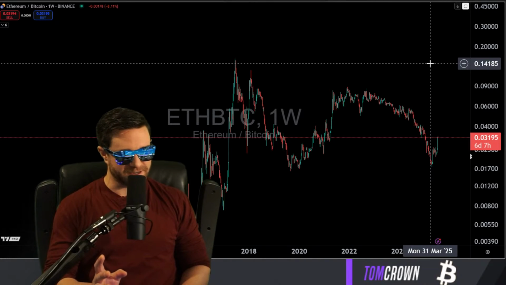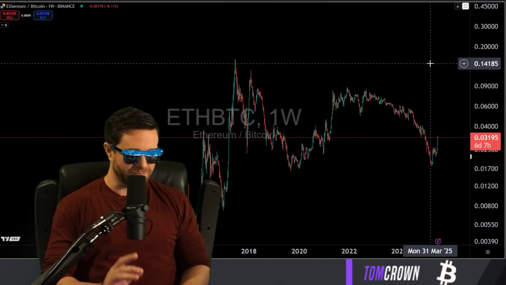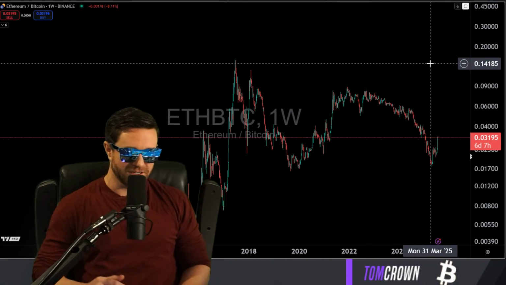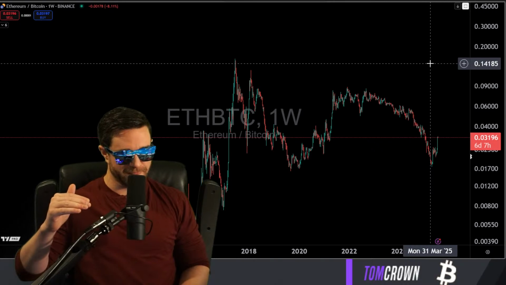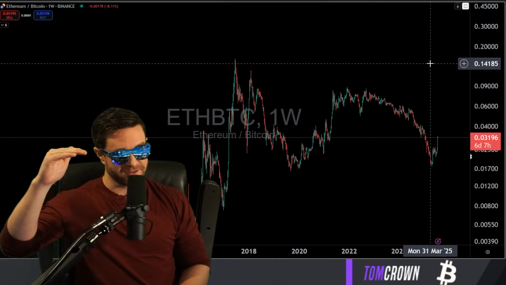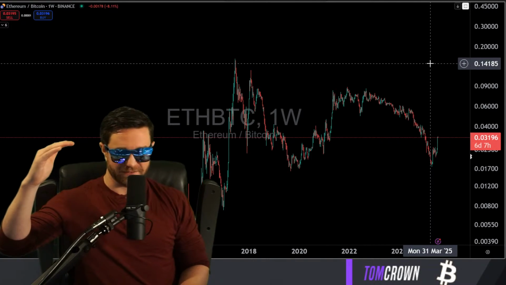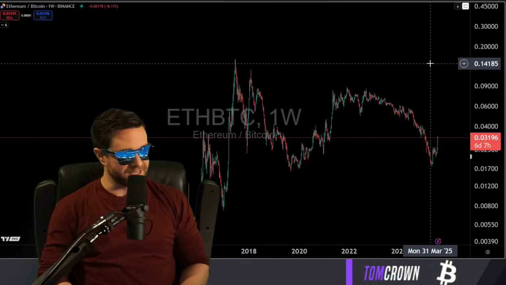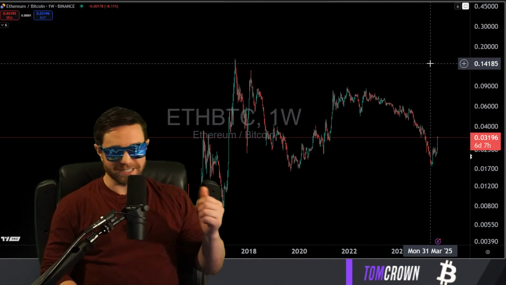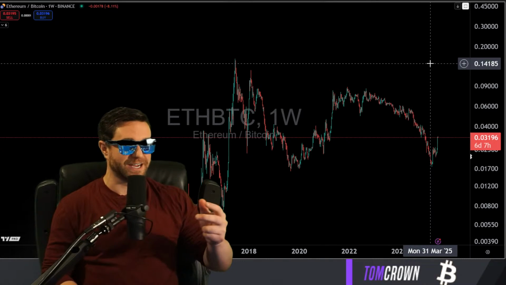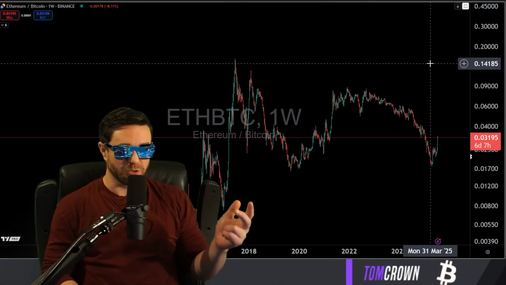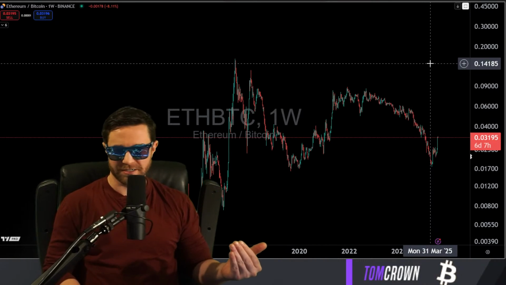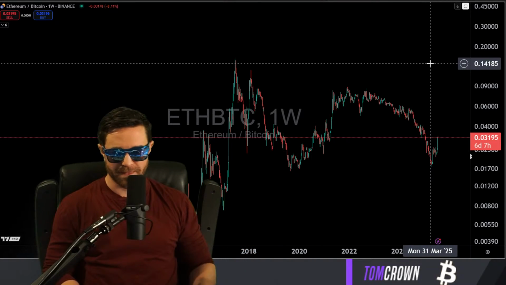One of two camps. The people that try to sell the top and snipe it and sell all at once, you're going to sell it before the top. You're going to see it go up. You're going to buy it back. When you buy it back, you're going to have less. You're going to have locked in that loss. It'll probably go back down then and you'll panic again. You'll end up not selling the top. You'll sell way too early. And by the time the top comes, maybe you'll sell it, but you will have chopped up your bag so badly that it doesn't even make sense. You're just going to be down so bad.